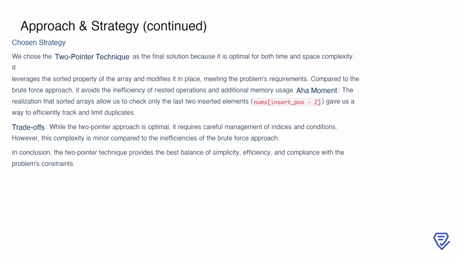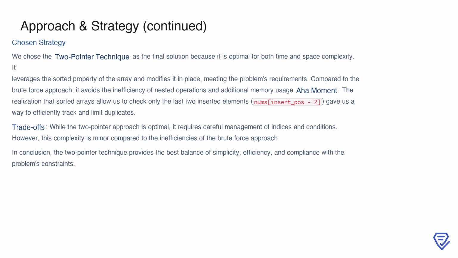One key insight that made this approach work was realizing that we only need to check the last two inserted elements, specifically the one at nums[insert_pos - 2]. This insight eliminated the need for nested operations or additional structures, which were drawbacks of the brute force approach. While the two-pointer method does require careful management of indices and conditions, this level of complexity is minor compared to the inefficiencies of the alternative. In conclusion, this method strikes the perfect balance between simplicity, efficiency, and adherence to the problem's constraints, making it the